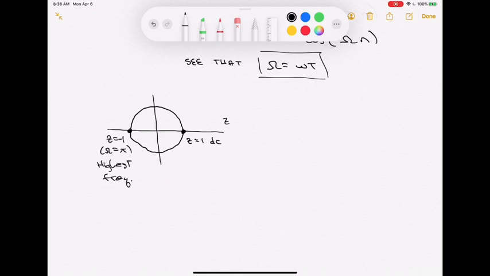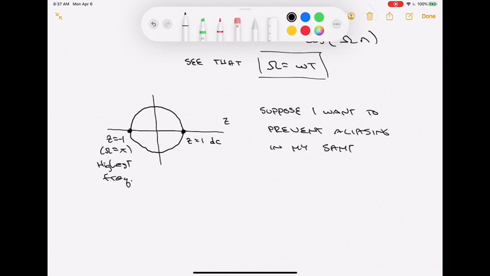Now, if I want to think of keeping aliasing from occurring, suppose I want to prevent aliasing in my sampled signal. How do I do it? What I need to do, a translation of this, is that I need